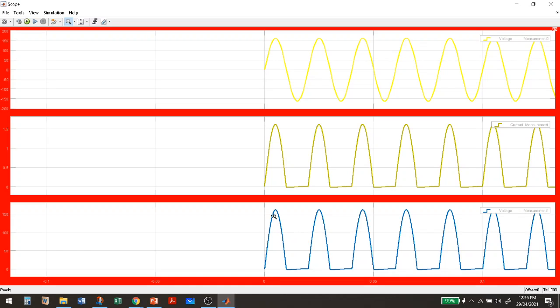This is the voltage measurement. For the positive half cycle, you have output. For the negative half cycle, we do not have any output. Again, for the next positive half cycle, we will have the positive half cycle output. Okay, so any doubt here?